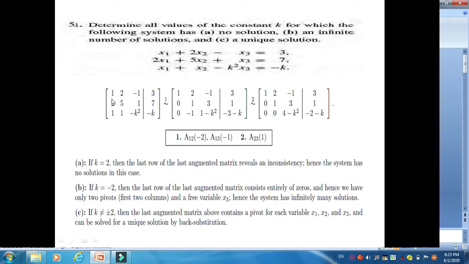That is our augmented matrix: 1, 2, minus 1, 3; 2, 5, plus 1, 7; 1, 1, minus k square, minus k. So that is our augmented matrix. Here we have to apply the addition operation. First we multiply row number 1 by minus 2 and add it to row number 2. If you multiply row number 1 by minus 2, it means we will have minus 2,